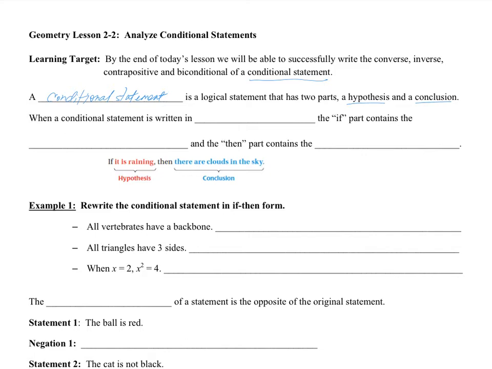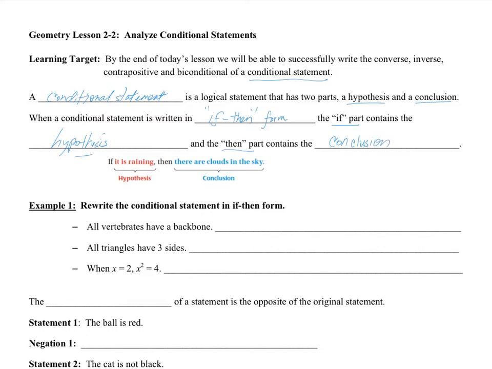When a conditional statement is written in the if-then form, the if part contains the hypothesis, where you're going to assume to be true, or what you're going to prove to be true or false. And then the then part, which contains the conclusion, which is the result